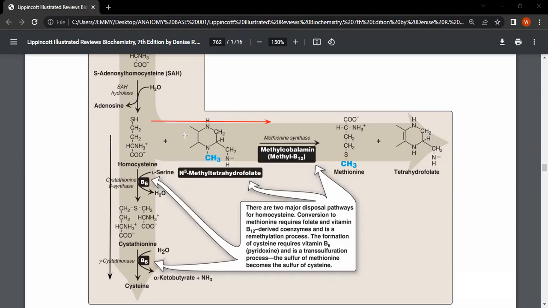You simply need to add a methyl group to homocysteine. When you simply add a methyl group to homocysteine, you will form your methionine. Okay, it is that simple. So when you add a methyl group to this homocysteine, you will get your methionine, as you can see here. Now, who is the donor of this methyl group? The donor of this methyl group is this compound here, a very important compound,